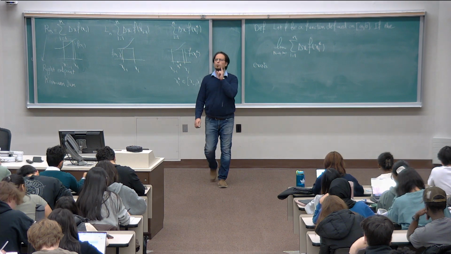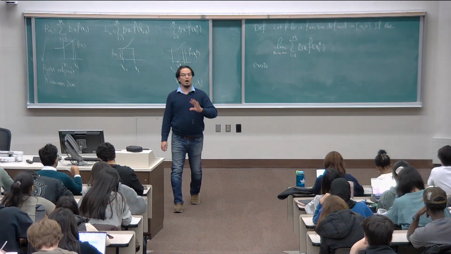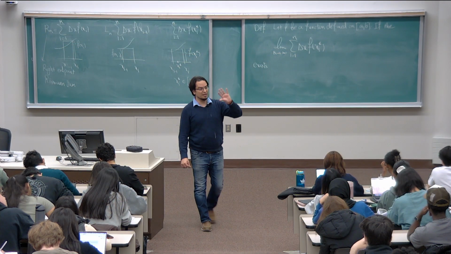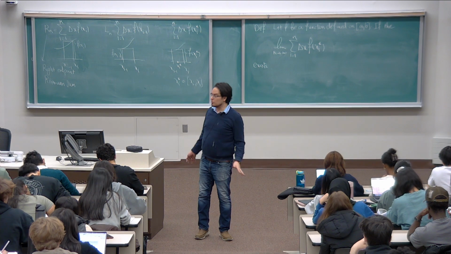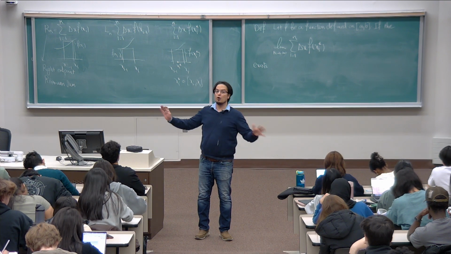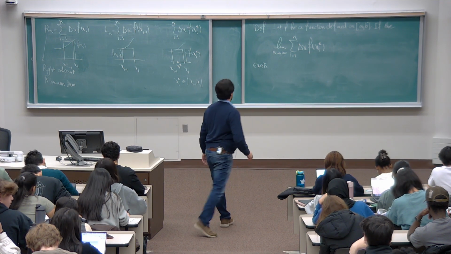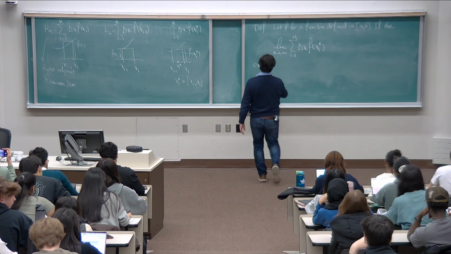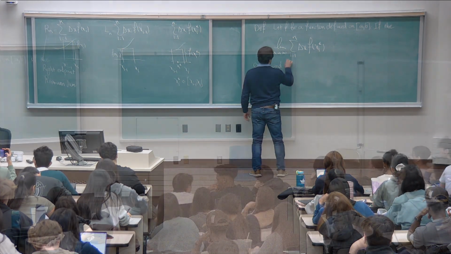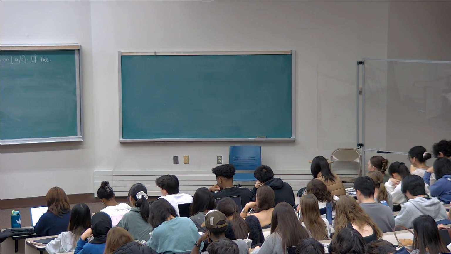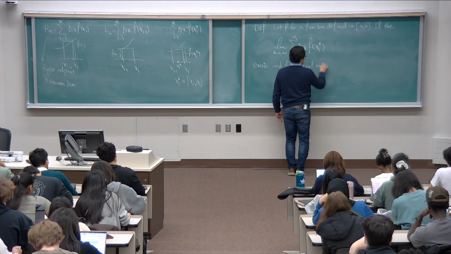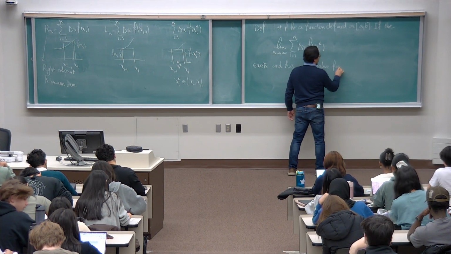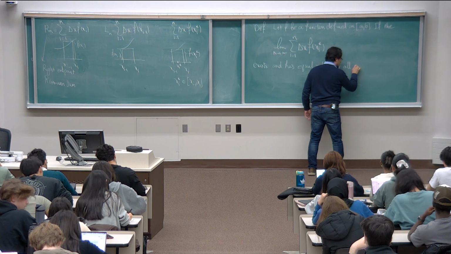Wait, for which xi's? I want all such limits to exist for any choice of xi, and all of them are equal, and give an equal value for all choices